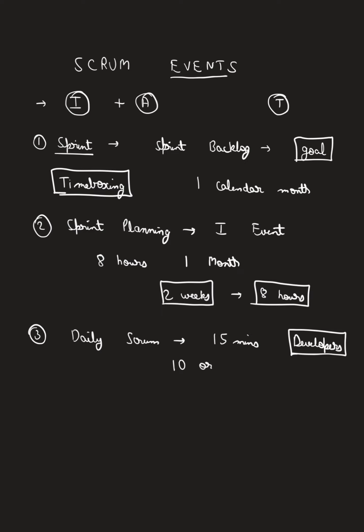See, Scrum Master and Product Owner can participate. Participate means it is not mandatory, but they can come. Attendance means it is mandatory. I hope you are keep on marking these words. Attendance, attend. So developers need to attend this meeting.